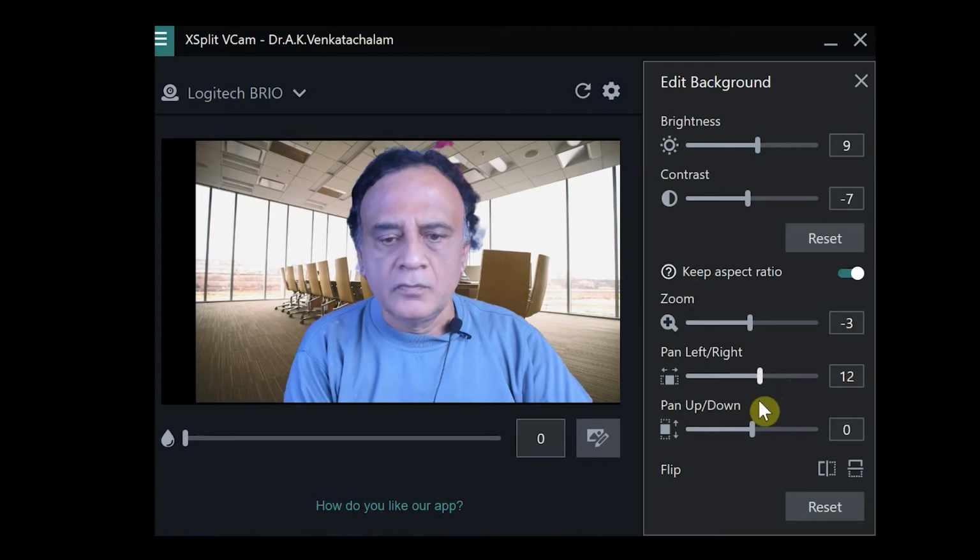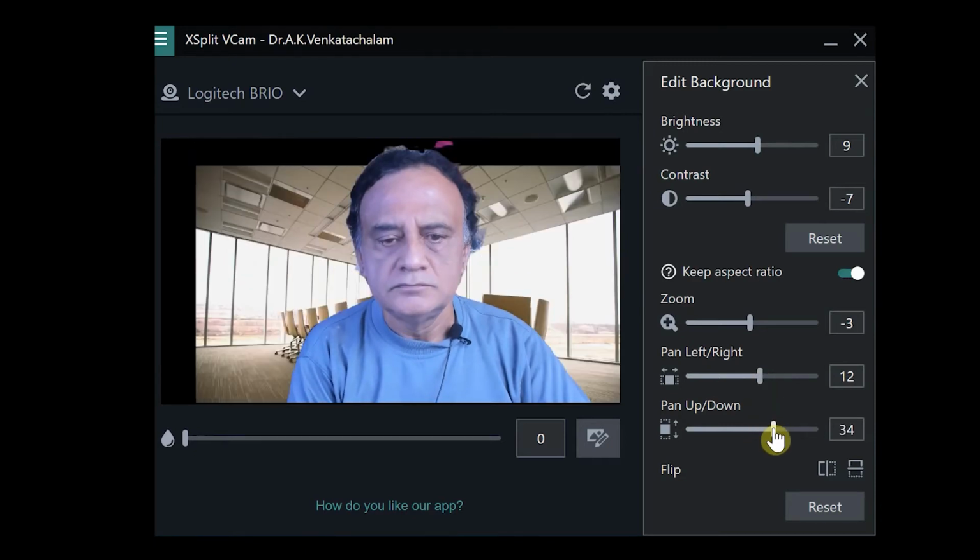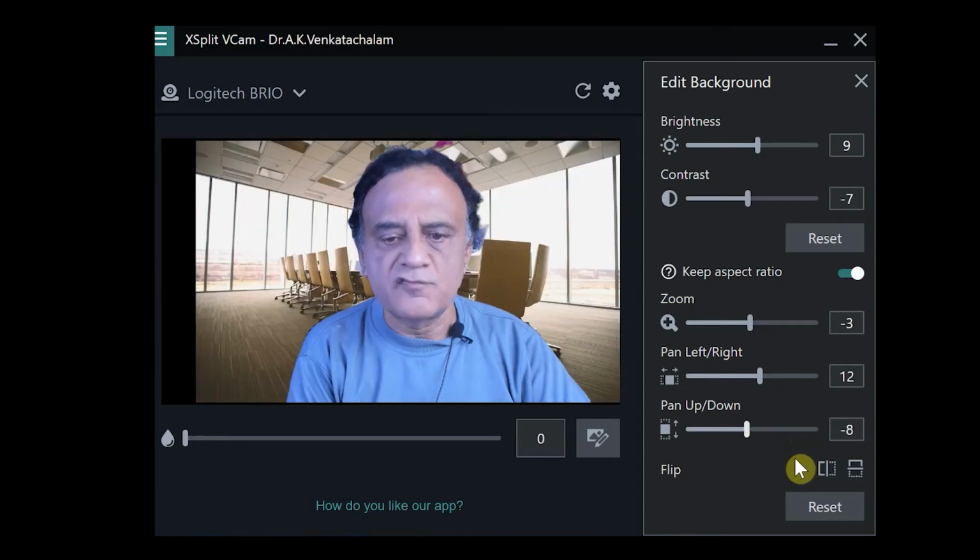Or I can pan up or down. I can flip the image, and that's it. So you can edit the background here by clicking on this tool.